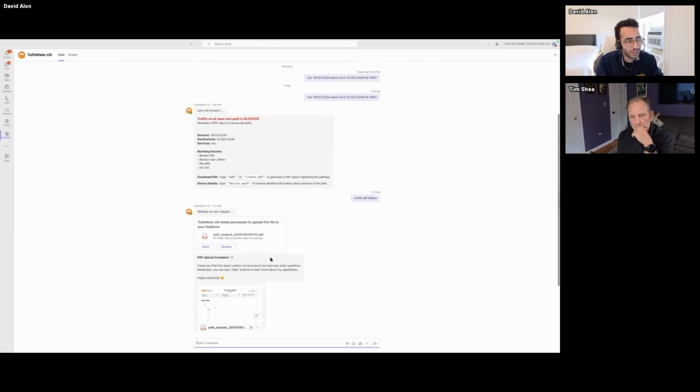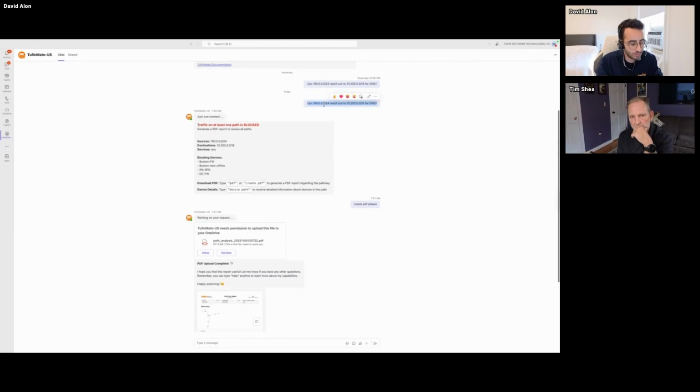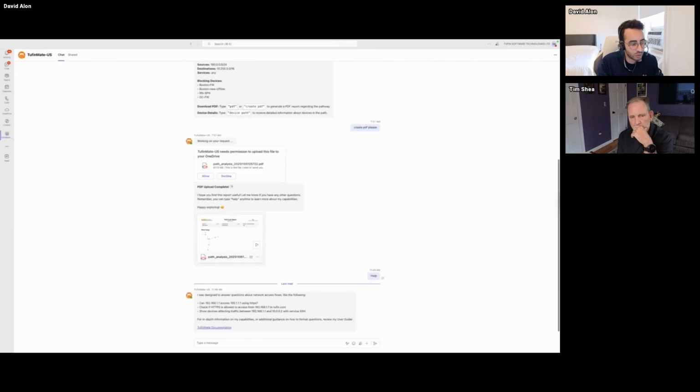So for example, I'm sorry that it's too small. I'm going to explain how it looks, but there is no option here in Microsoft Teams just to zoom in. But what I'm going to show you here is that I'm just going to take a specific question that I created. I'm just asking if this specific subnet, 190.0.0.0, prefix 24, can reach out to this 10.255.0.0, prefix 16